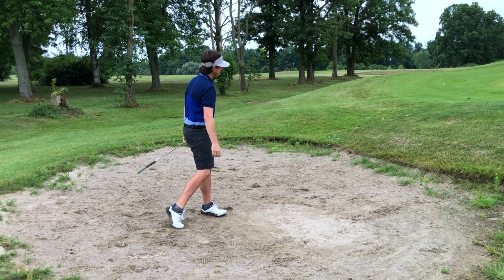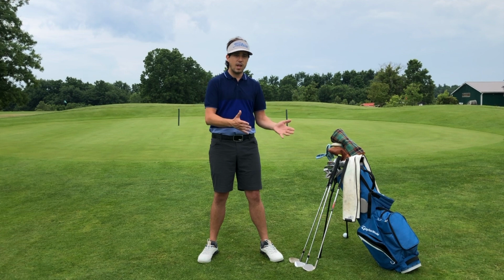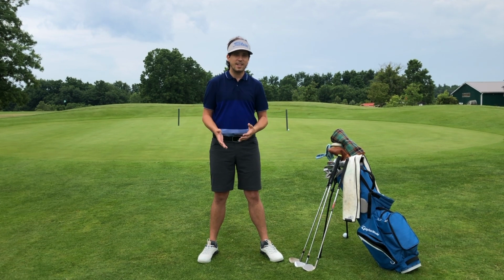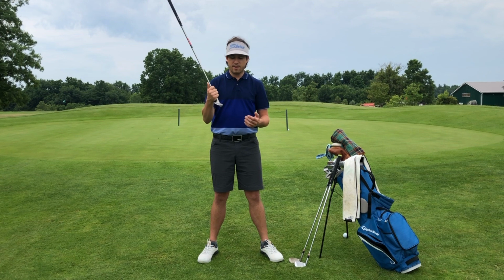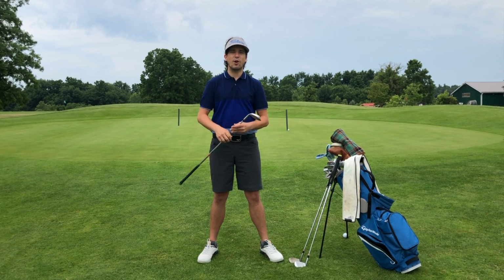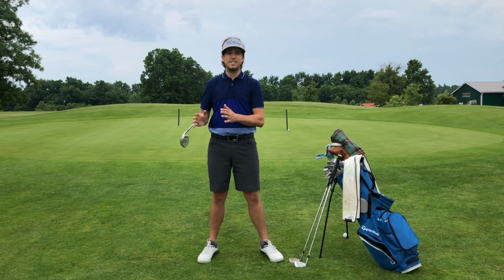Now, there are other options, and I realize that it's not the prettiest option, but there are clubs that are specifically designed to make the short game a lot easier. And I have one here. This is called the cutter wedge. And there are other products like this. There's the square strike, which has a lot less loft on it, more like a pitching wedge, designed to create a putter motion. And all of these clubs are designed to make the short game easier,